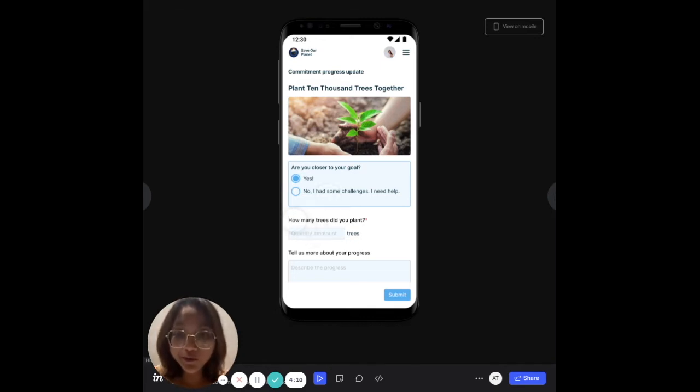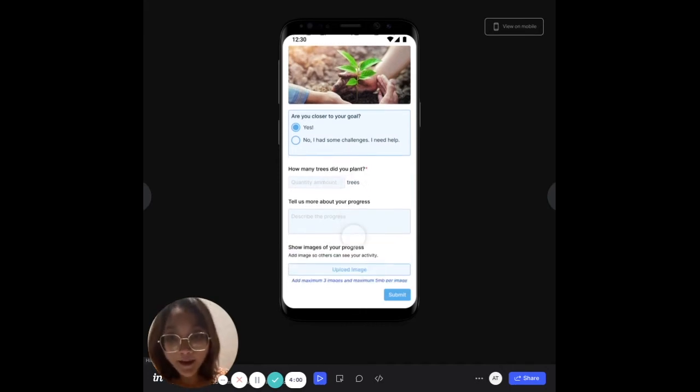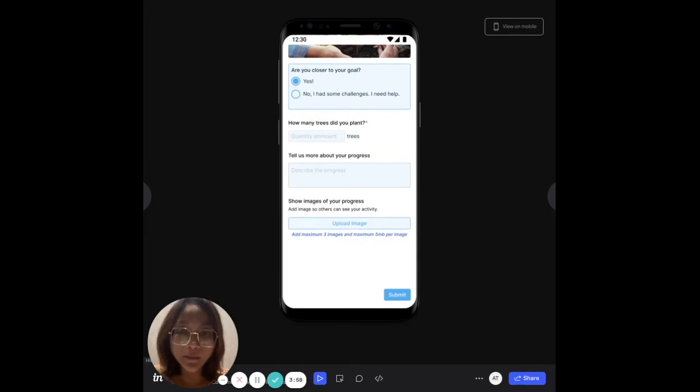And then I could also say how many trees that I had planted for this action, which will be aggregated for the total impact for this particular action. And other than that, I can also explain and describe the progress itself, and then share some images from the actions and activities that I have done. So if I have submitted it, then I could see the impact on my profile,